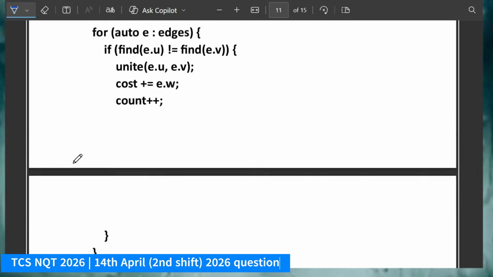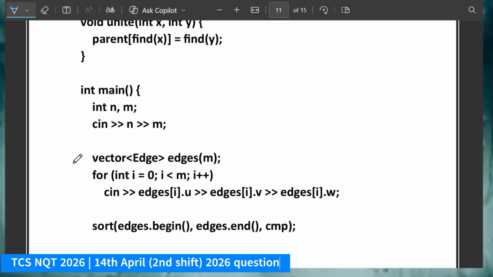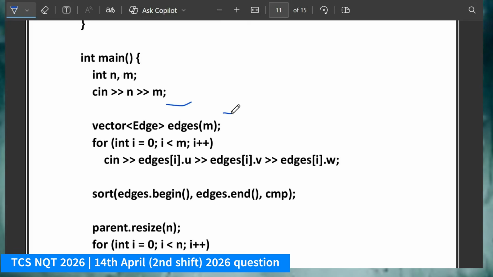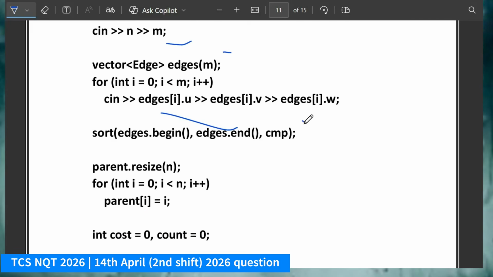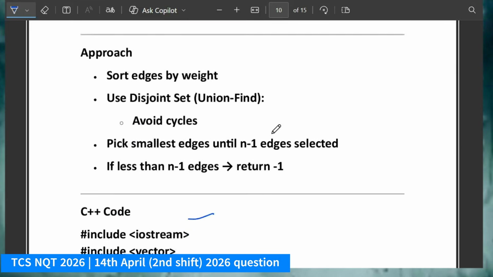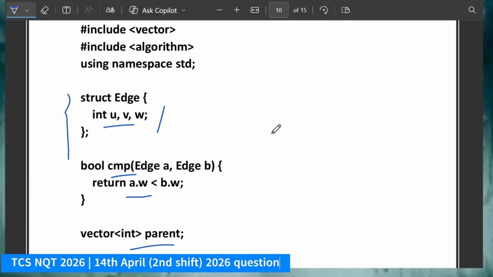Okay, first of all let me give you the logic of how I'm taking the input. I'm taking n and m, which will represent the edge and weight, and this is the value I'm taking and appending to that. I will sort that using the custom comparator here. CMP is a custom comparator, meaning we use it when we want to compare values according to our requirement. So this is the custom comparator.